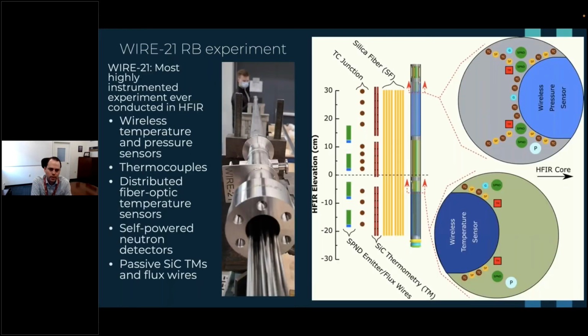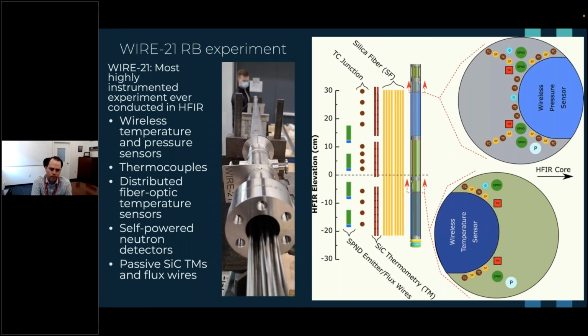And here's the latest RB experiment we've conducted. This is a sensor irradiation experiment called WIRE21. It's the most highly instrumented experiment we've performed in HFIR to date. We're primarily testing wireless temperature and pressure sensors that would go inside of a fuel rod for Westinghouse Electric Company. But we're also including thermocouples, distributed fiber optic temperature sensors, self-powered neutron detectors, and then passive silicon carbide temperature monitors and flux wires. So a lot of leads coming out of this experiment,